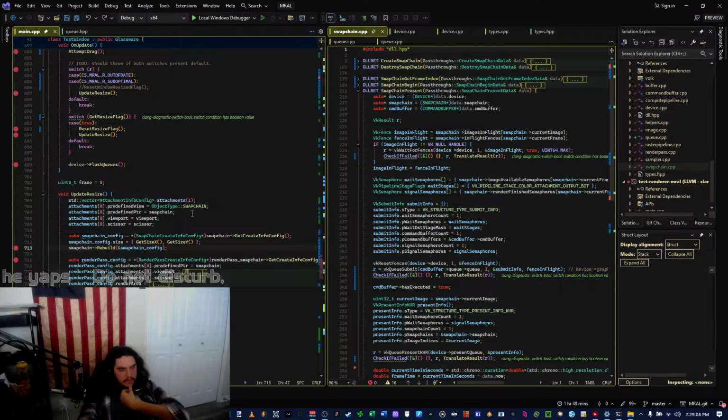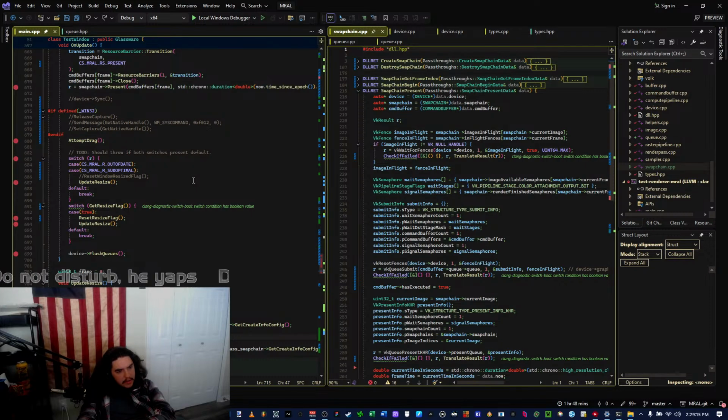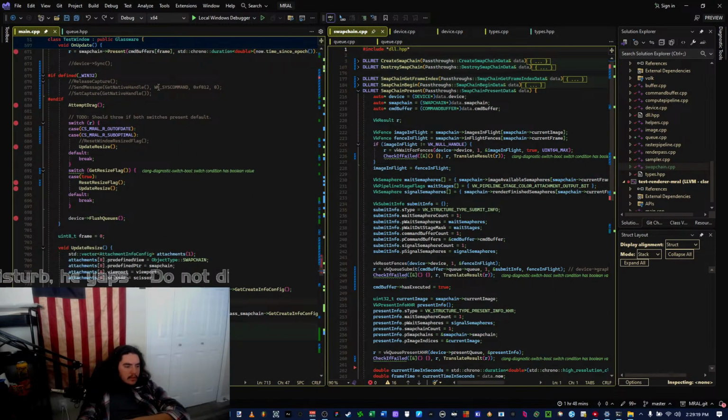Do I literally crash Vulkan? Is whatever the next command it runs, anything Vulkan related, it just crashes now? Ooh, okay.